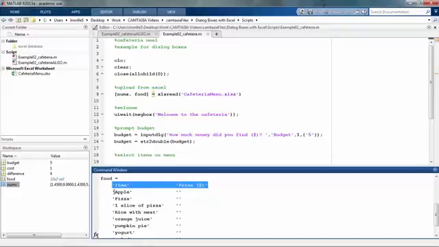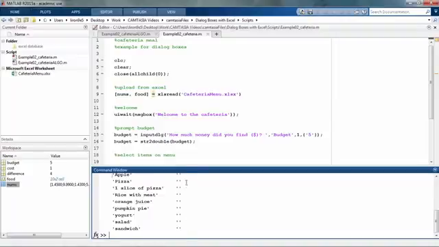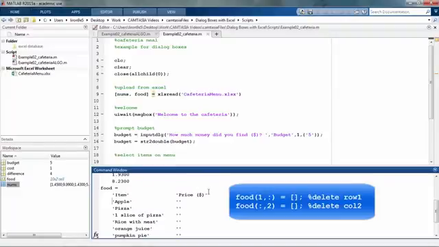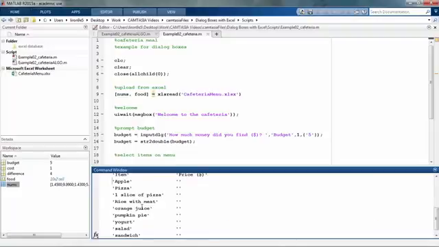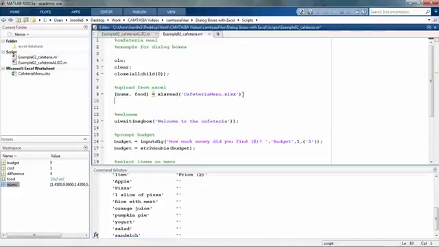What I would like to do is just to have my food, but just those. I don't want this title or headers, and I certainly don't want column 2. There are 2 ways to go around this. Either you delete row number 1, then you delete column number 2, or I'm going to show you how to slice. I mean, I can slice 2 to the end, but remember when you're slicing from cell arrays, you want to slice the containers. So food equals food,